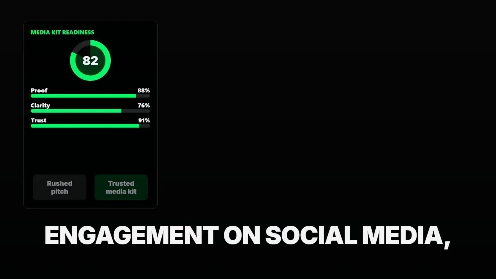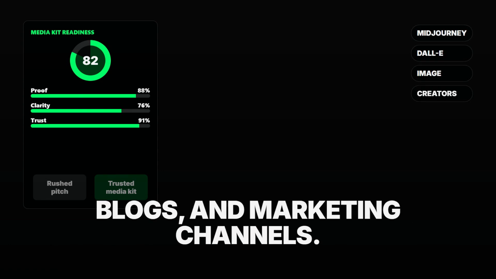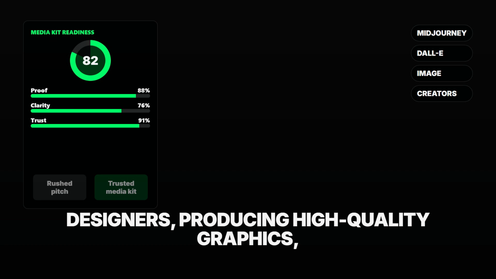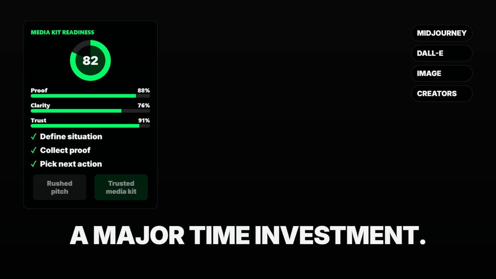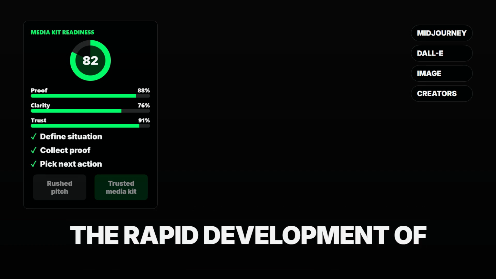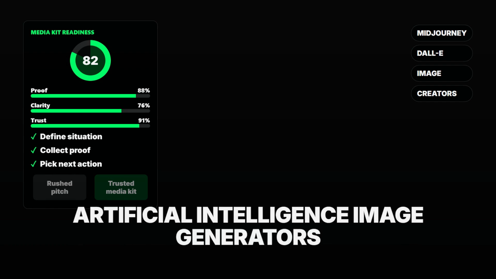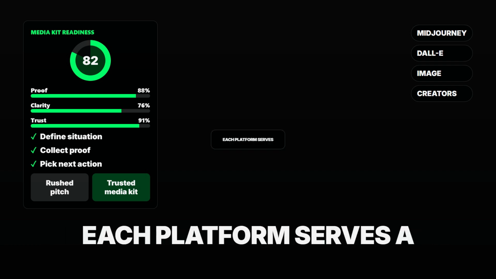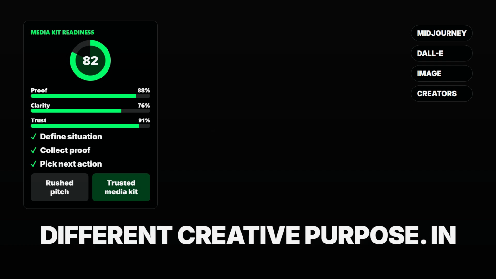Visual content is a primary driver of audience engagement on social media, blogs, and marketing channels. For content creators and designers, producing high-quality graphics, thumbnails, and illustrations represents a major time investment. The rapid development of artificial intelligence image generators has introduced new methods for creating assets, but each platform serves a